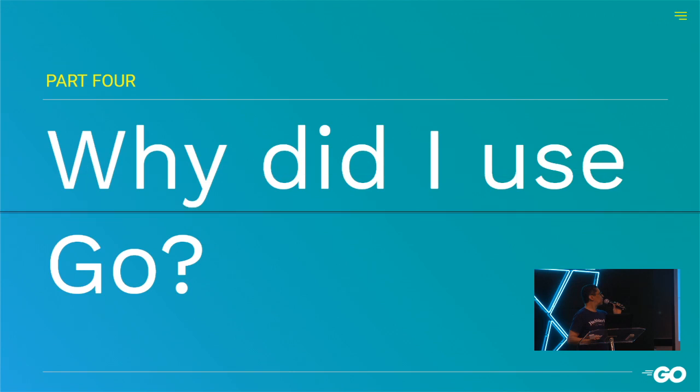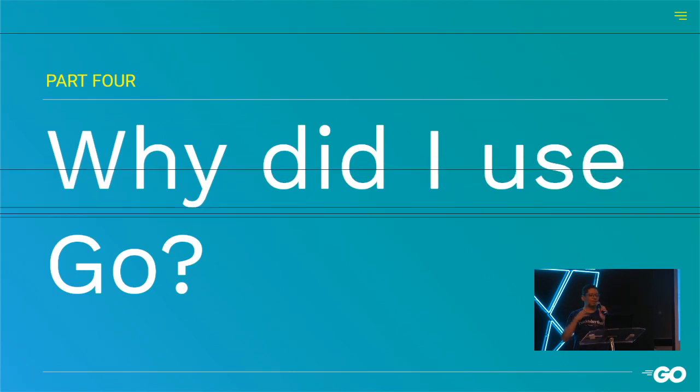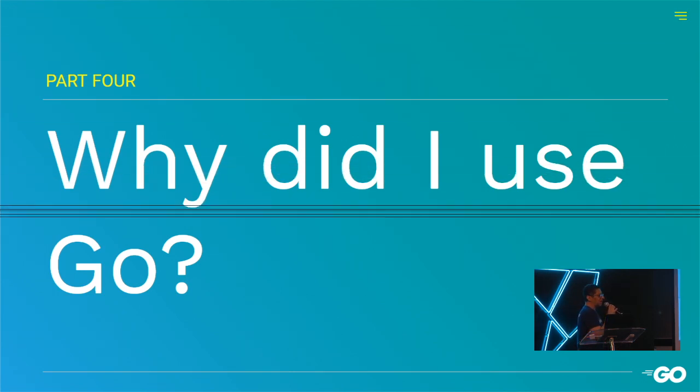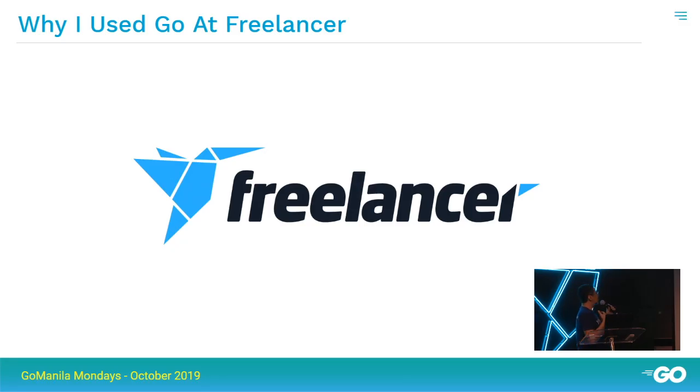So why did I use Golang? It so happens that I really got to solve this problem. It so happens that here at freelancer.com, I don't know how much you know about our site, but we are actually a two-sided marketplace where we have freelancers on one end and employers at the other end.